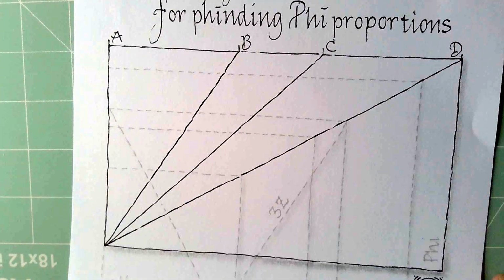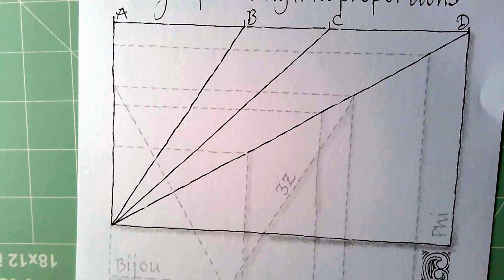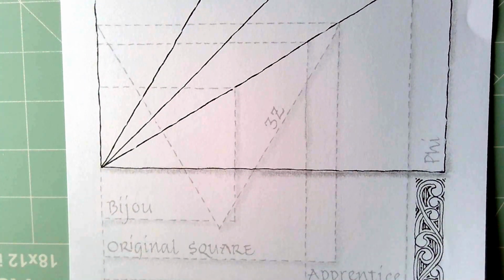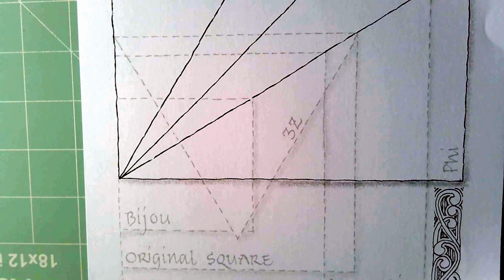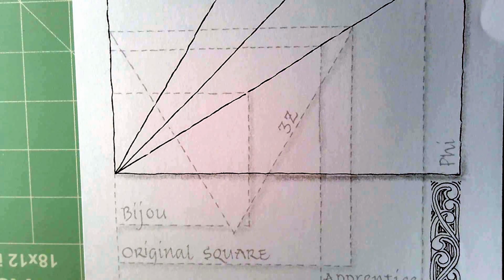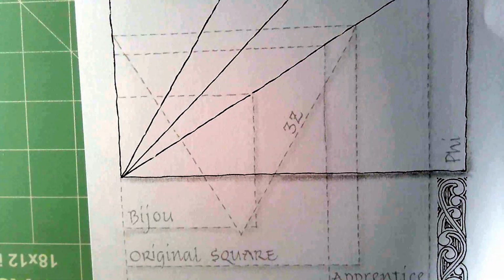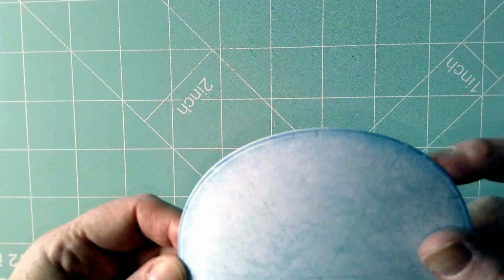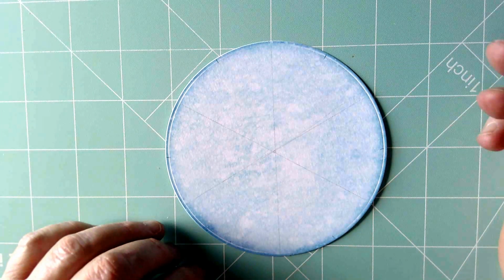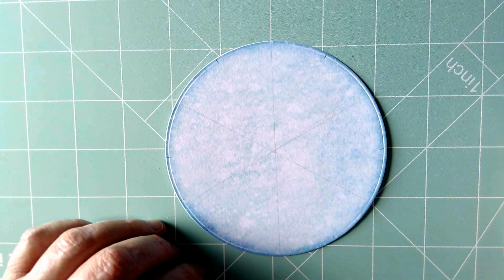This is the second version, which is for 5 tiles and things. I've printed that one out, but it's not applicable today, but it's a way of finding this magic point, the golden point, using 5 proportions, which is a bit of fun more than anything. So here I've got this. So what I do want to do,